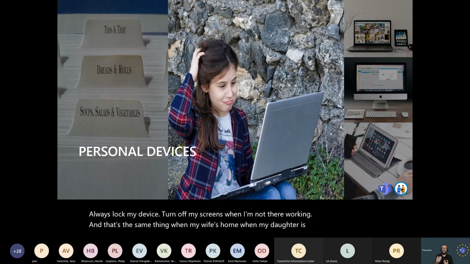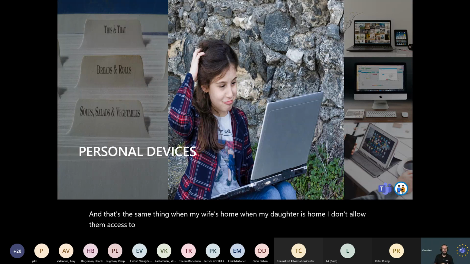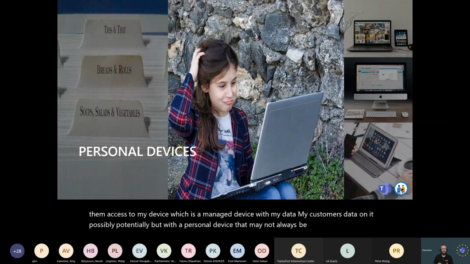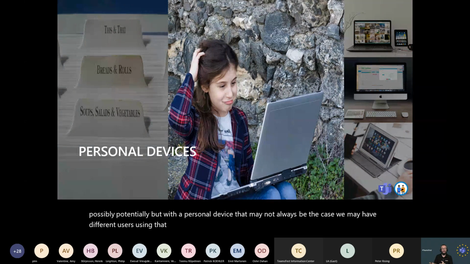I don't allow them access to my device, which is a managed device with my data and potentially my customers' data on it. But with a personal device, that may not always be the case. We may have different users using that device, and we need to consider that and ensure the user experience isn't impacted either.